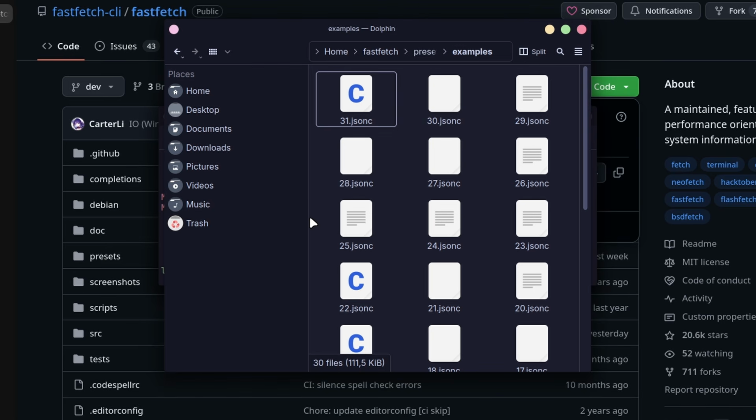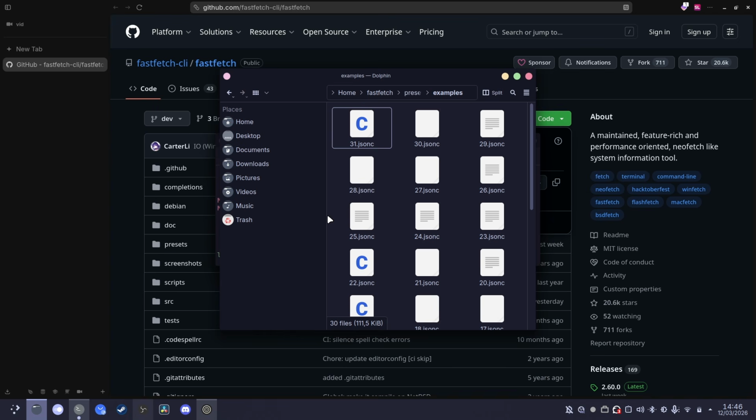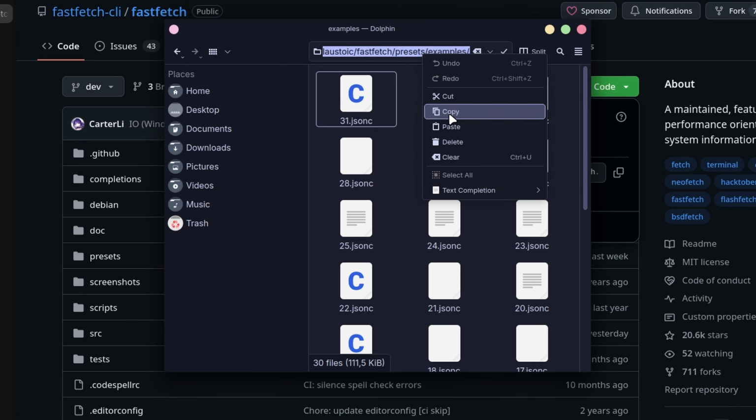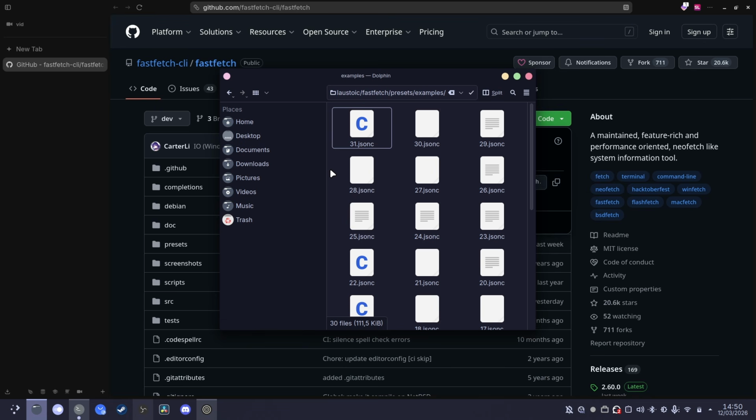Here, as you can see, are all the official Fastfetch presets, each with a different aesthetic. Now I'm gonna show you how you can view each of these presets and also how to set one of them as your default preset. Considering you cloned the repository, you must copy the directory of this folder, which is the directory of the examples folder. You can just click right here and select all, click on copy, then you must go to the terminal,